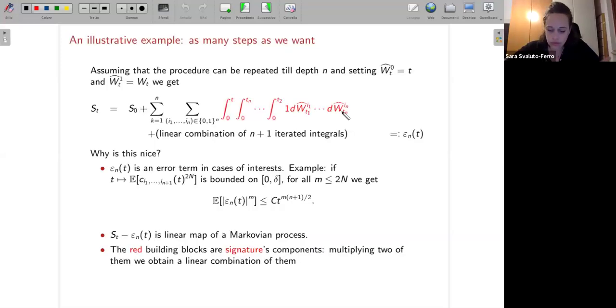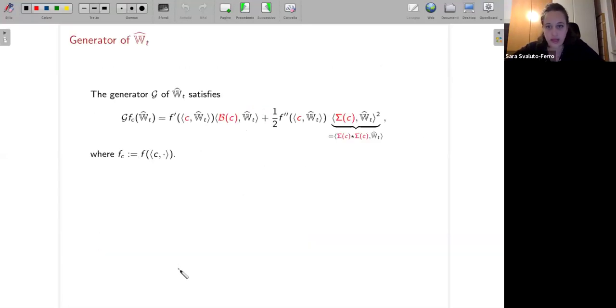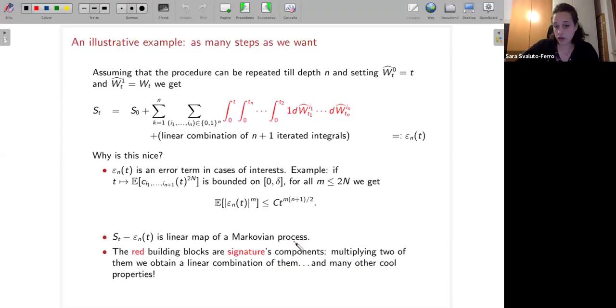In particular, multiplying two of them, we obtain again a linear combination of them. So being a Markov process is extremely interesting if you now want to compute the expectation of a function of this S_T, because first you get rid of the error term, and then you get the expectation of a function of a Markovian process. So you can do a Markov expansion and get an approximation of any order,